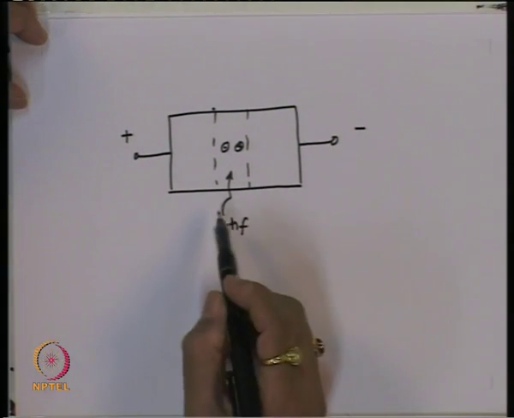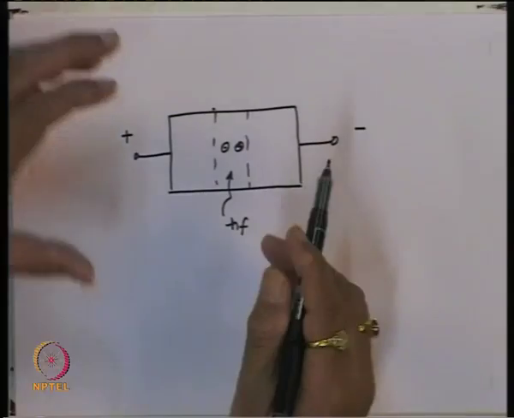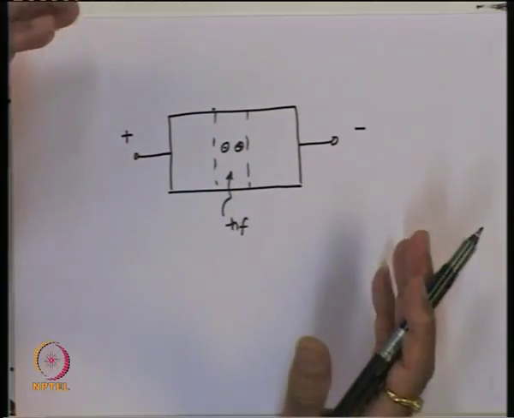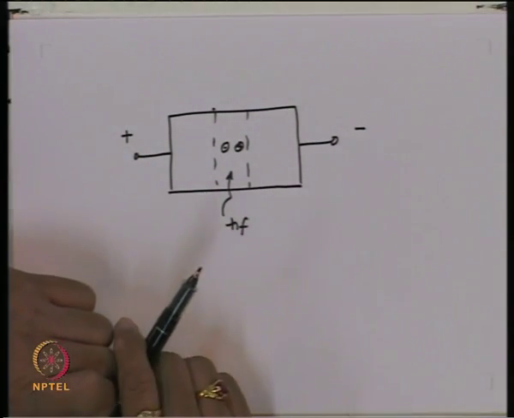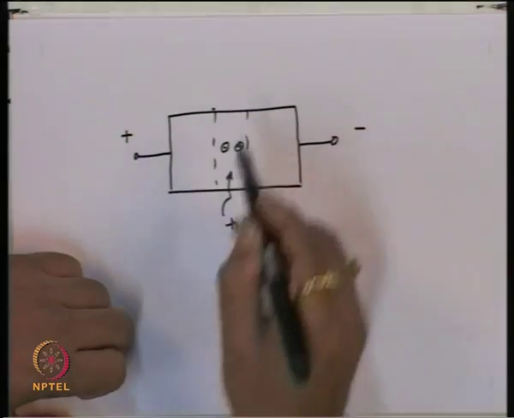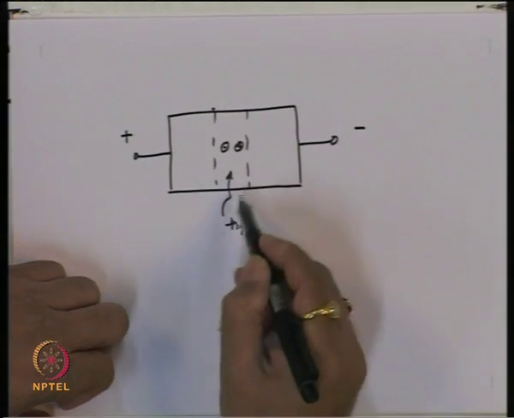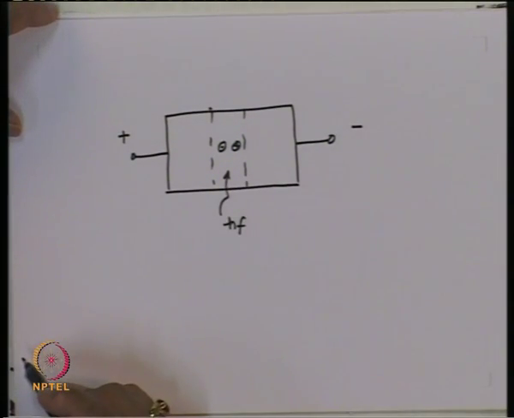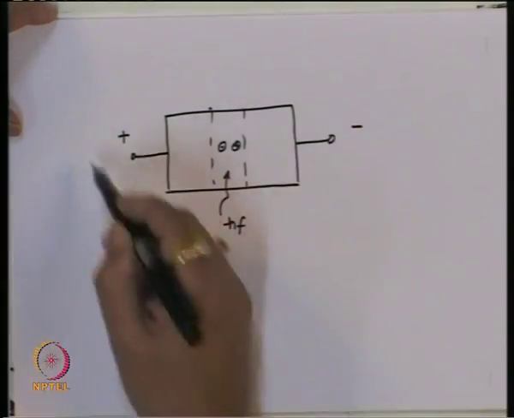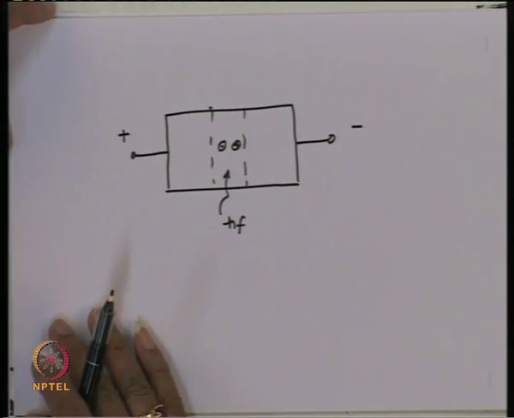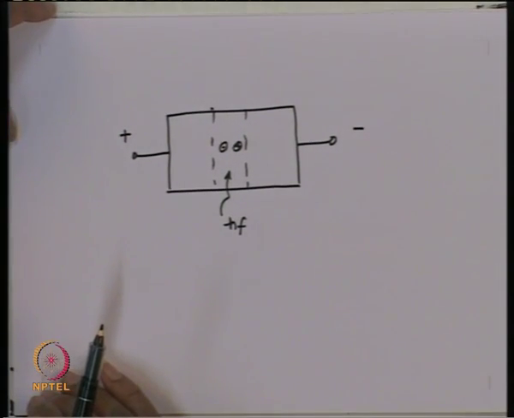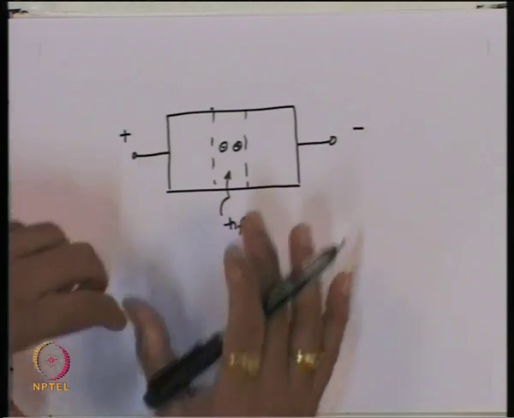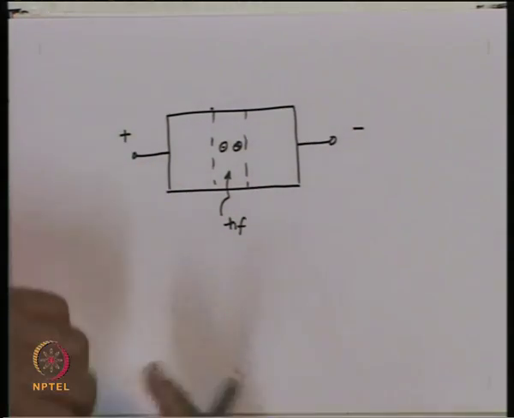It is then immediately clear that we cannot have this PN junction in the forward bias condition, because in forward bias you will have a current flow which does not depend on the incident photon, but just flows because of the forward bias condition of the diode. So, essentially this PN junction has to be operated in the reverse bias condition,